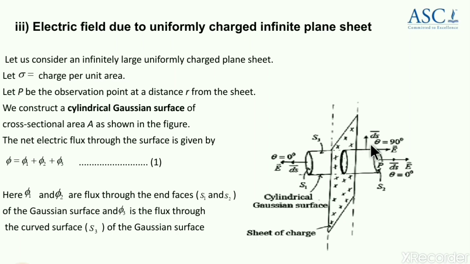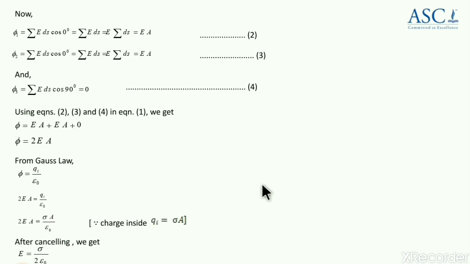But observe carefully here, anywhere you can make use of a unit area, and if you draw the normal it will be like this, here or here, anywhere. Even on the below side of the cylinder, the normal will be like this, but the electric field line is moving like this here. And if you consider the normal here, the electric field line will be moving like this. Hence, the angle between this ds vector and E on the curved surface of the cylinder will be 90 degrees. So remember, while substituting, theta for S1 and S2 will be 0, and for S3, the curved surface, it will be 90.